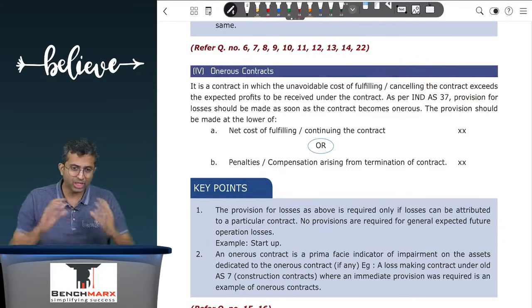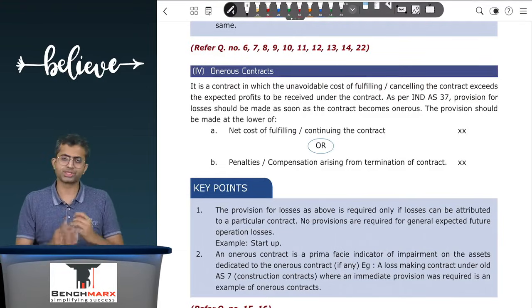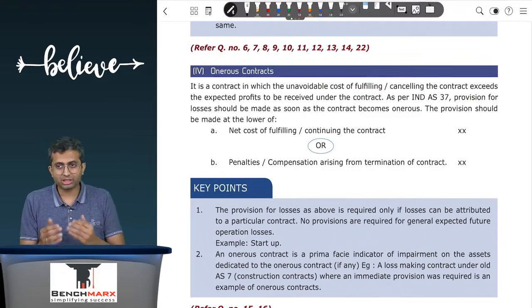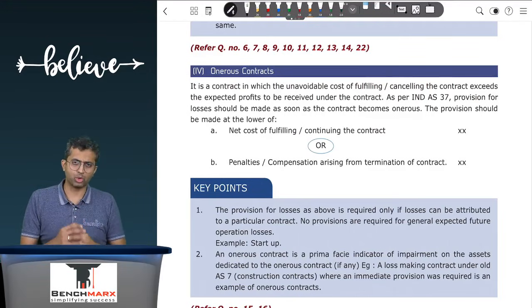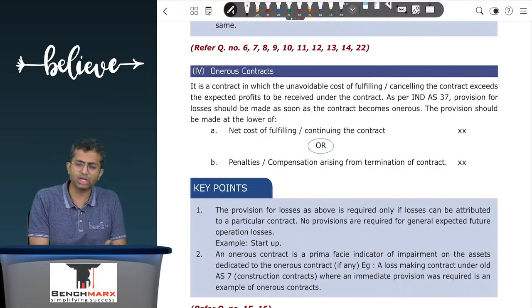So how do you figure out whether the contract is onerous or burdensome, and how do you measure that loss? The standard says that for the measurement of the amount of the onerous contract, you will have to create a provision for loss immediately, to the extent of an amount which is the lower of the net cost that you will incur if you were to fulfill the contract or the cost if you were